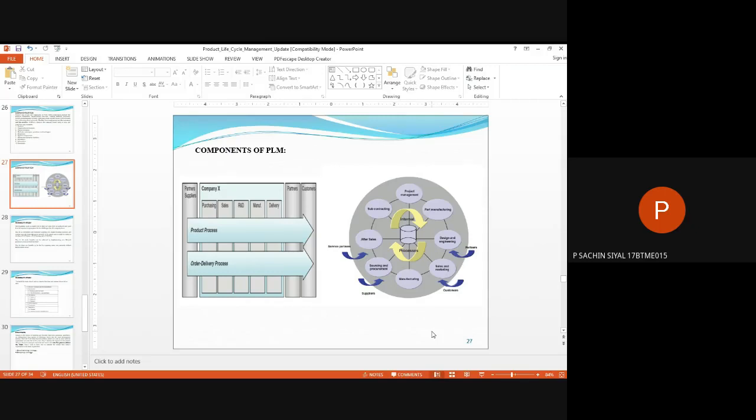So in the product process, it's given like purchasing means purchasing will be the raw materials. Then R&D might be the research and development done on that particular product to select the material, the process to be done. Then manufacturing is the machine they require to manufacture the product. And delivery is like from one place to another how they are moving the products. And from that packaging and then delivery process based on the customer requirements, it is delivered to their house or they can buy from the stores.